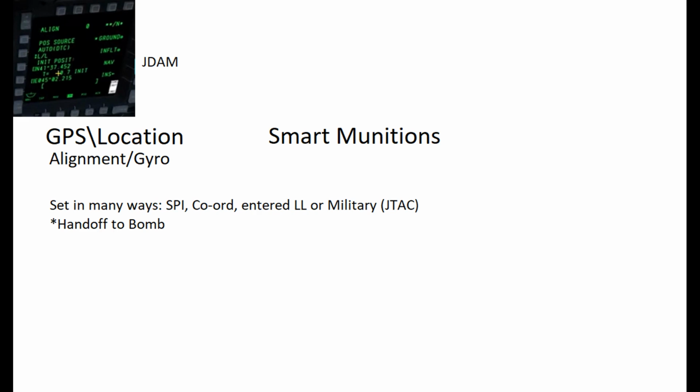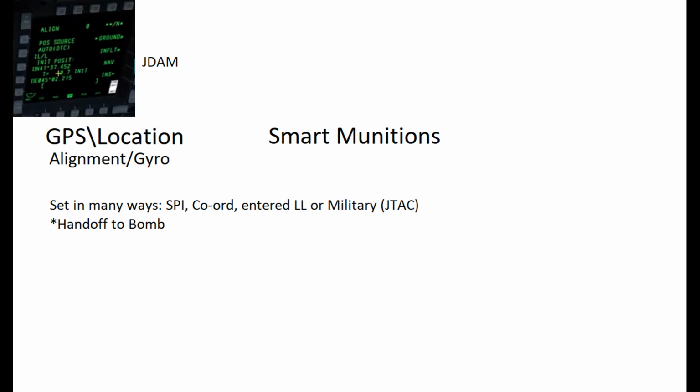Generally if you're working with a JTAC, an air controller on the ground who will give you coordinates, they'll spit out something like Mike, Charlie, Kilo, whatever. You enter that into your system, and that is essentially a latitude, longitude, or GPS coordinate that can then be handed off